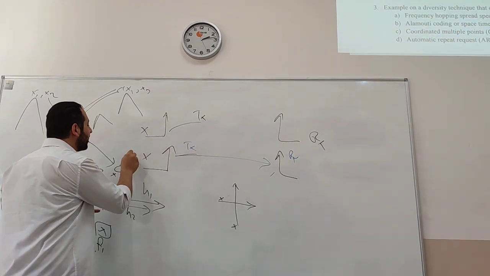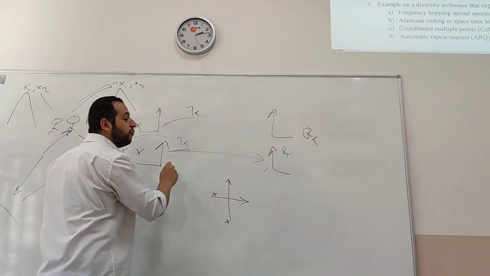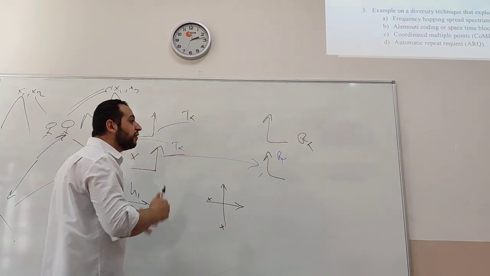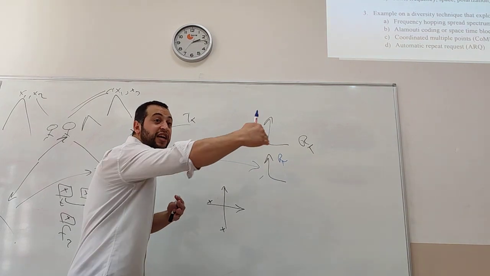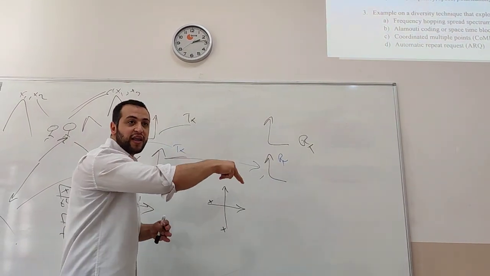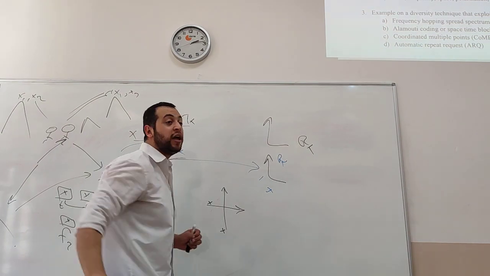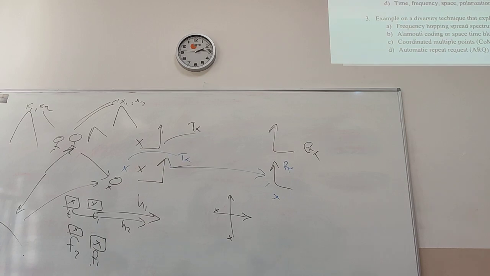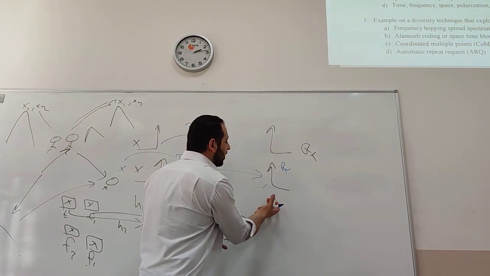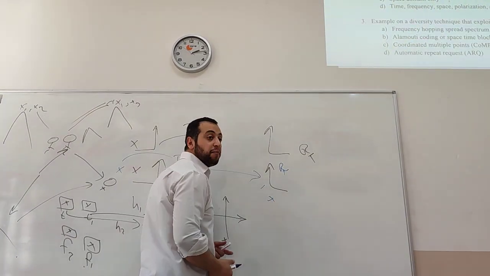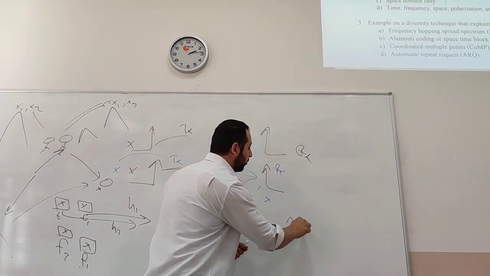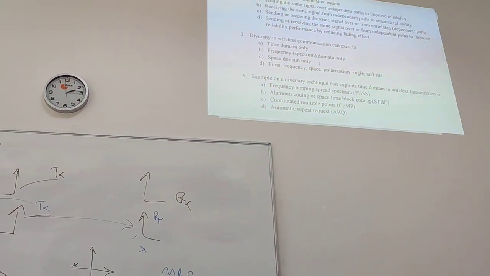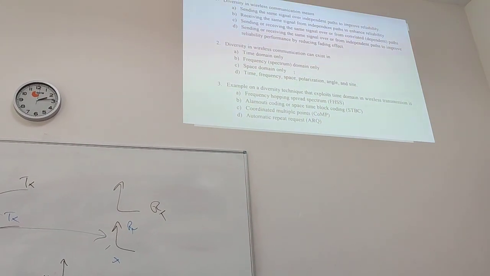The transmitter will immediately retransmit the same signal again, one more time at a different time slot. And this signal, most probably because of the time delay, is going to experience a different fading channel that might probably be better than the first one, and therefore it's going to be decodable at the receiver. And in this case, you will be able to recover it or jointly sum the data in the first round with the data from the second round and decode it using maximum ratio combining. So the correct answer is automatic repeat request.